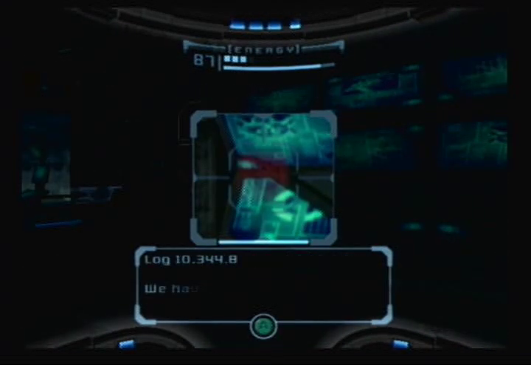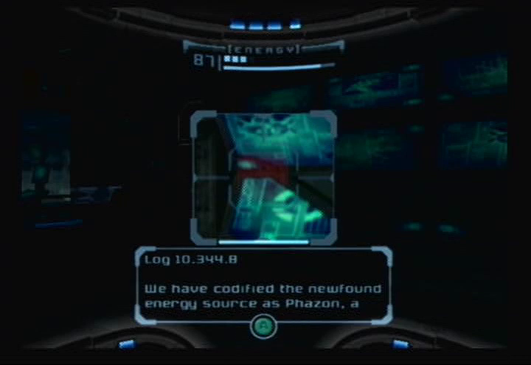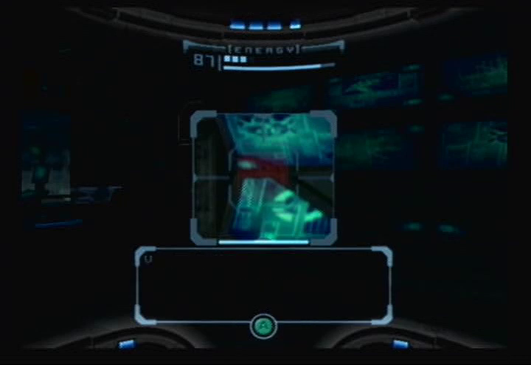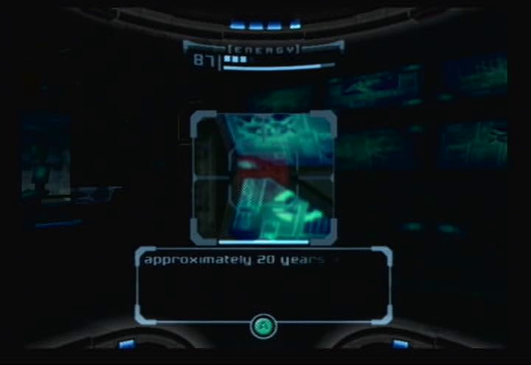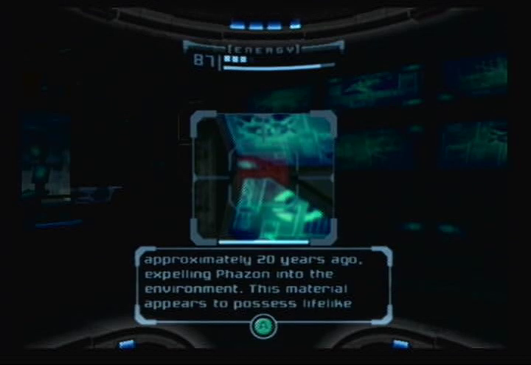Pirate data! We have found and codified the newfound energy sources. A V-index mutation, in which we have very little reliable data. Indications point to a meteor of unknown origin impacting approximately 20 years ago, expelling the phazon into the environment. This material appears...